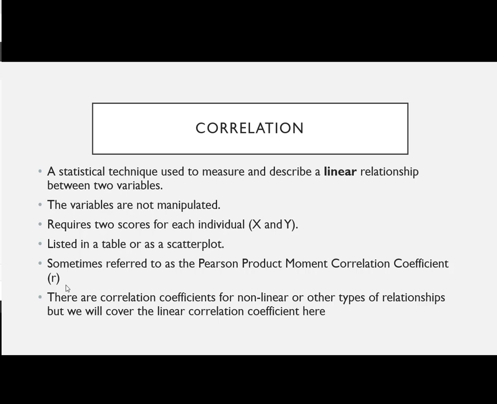So you have an X variable and a Y variable, and there isn't really an independent and dependent variable in correlation, so they're just X and Y, and it doesn't matter which one's which. You list it in a table or as a scatter plot, and it's sometimes referred to as the Pearson product moment correlation coefficient, and it's denoted with the lowercase r. There are correlation coefficients for nonlinear or other types of relationships, but we're going to just cover the Pearson linear